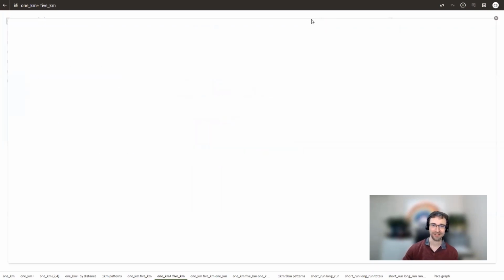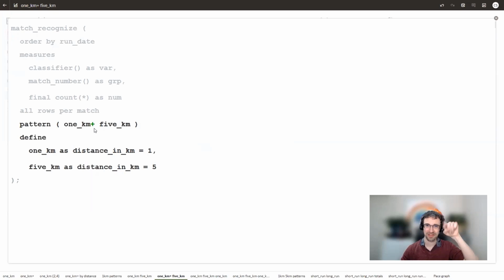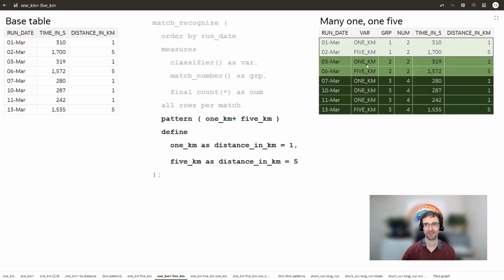Well, we do our lovely regular expression again. We just add the little plus operator after the 1 kilometer. So again, that says there must be at least 1 of these, but there can be any number of them. And then we'll stop the group as soon as we've got to a 5K row, one where the distance is 5. Okay, and you'll see now we've got our 2 groups at the top again, but all the following rows now go together in this group,